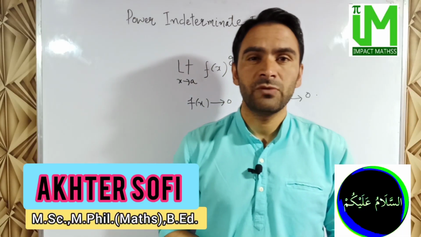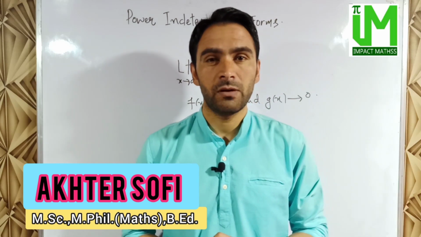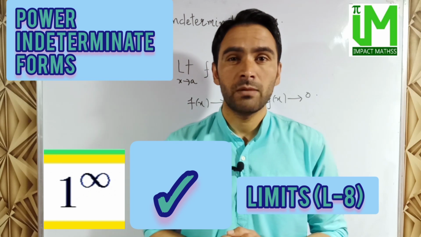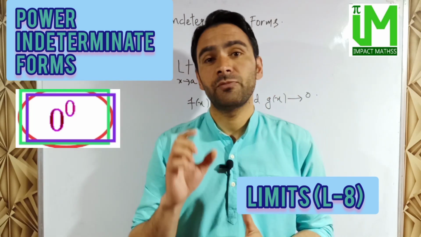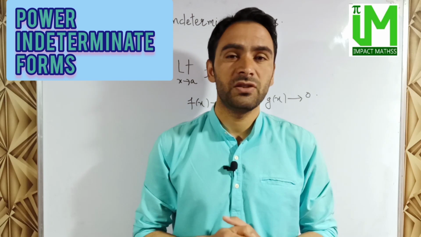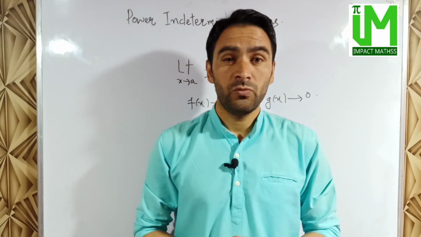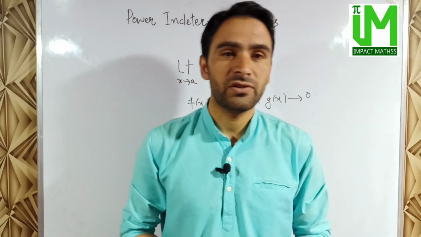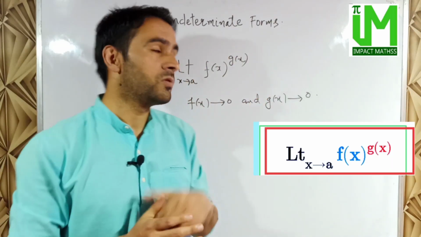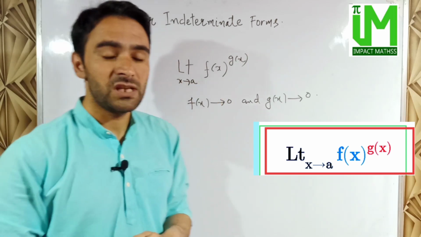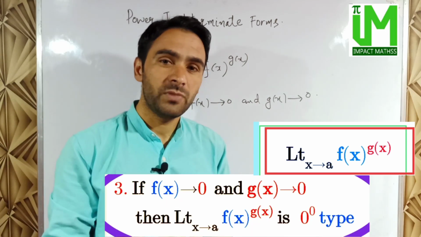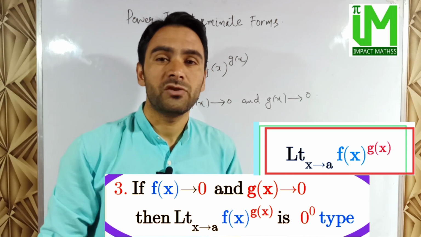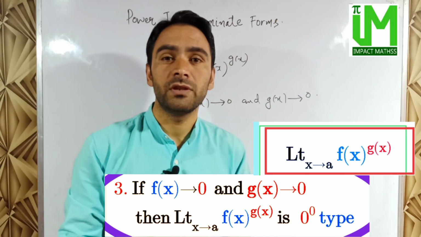So among power indeterminate forms, we have already seen the 1 raised power infinity type in limits L8, and in today's video we are going to see the power indeterminate form of the type 0 raised power 0. And we know from limits L8 that an indeterminate form of the type such that we are computing the limiting value of limit x approaches to a, f(x) raised power g(x), and when f(x) also goes to 0 and g(x) also goes to 0, then this form is said to be a power indeterminate form of the type 0